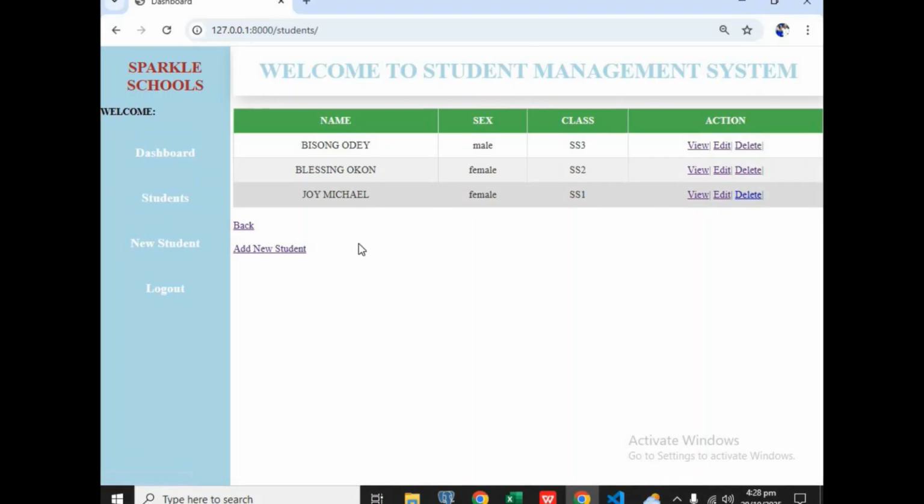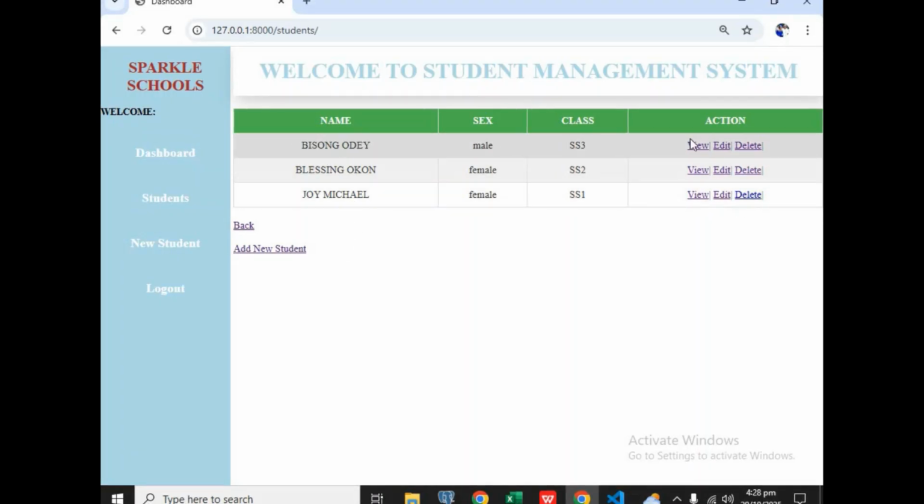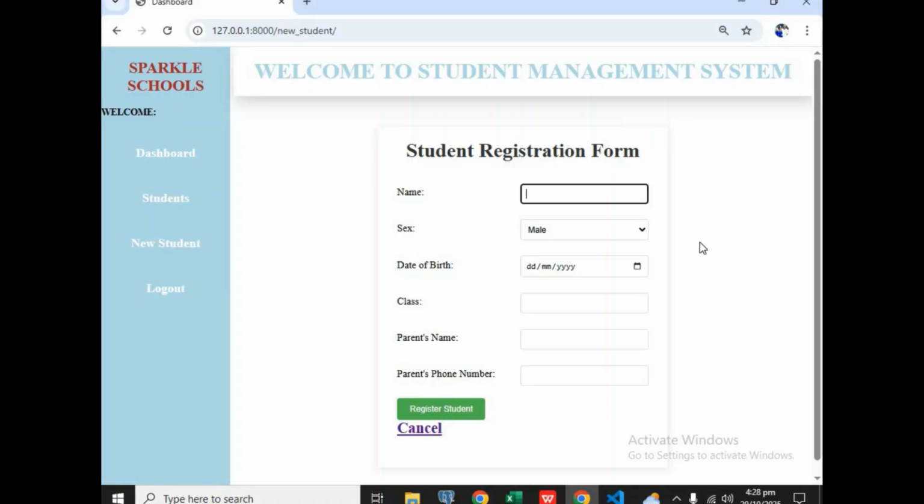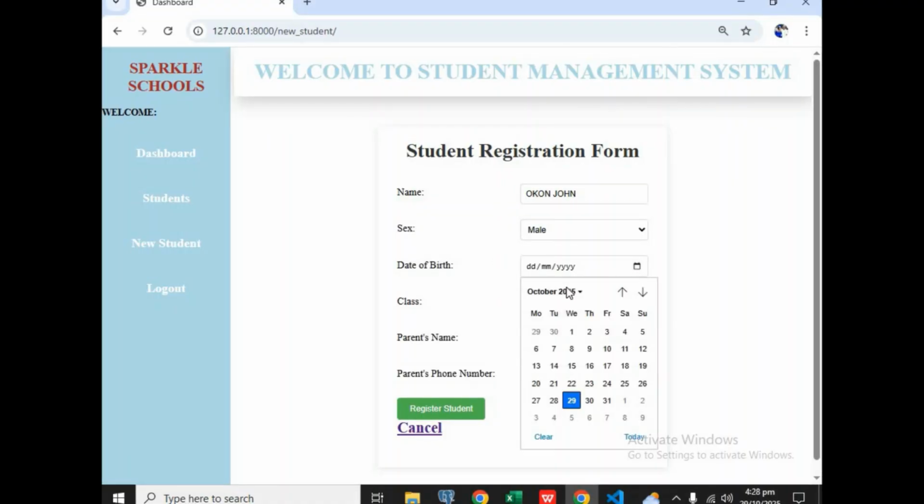So let's assume I want to delete this based on ID. I just come here and delete. So that has been deleted. So I can add a new student here. I can say, let me say, Okun John. All right, it's going to be a male. Date of birth is going to be